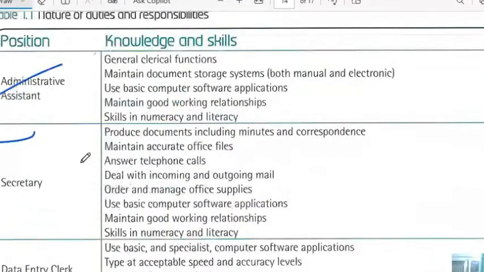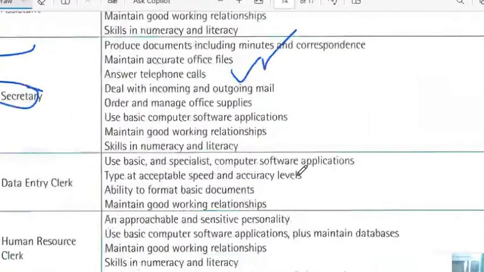And then we have the secretary, which is responsible for maintaining accurate office files, answering telephone calls, dealing with incoming and outgoing mail, ordering and managing office supplies, using basic computer software applications, and maintaining good working relationships with other persons, both internally and externally in the business, skills in numeracy and literacy. We have the data